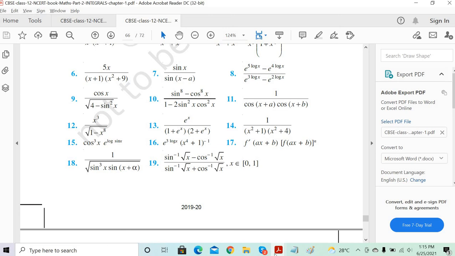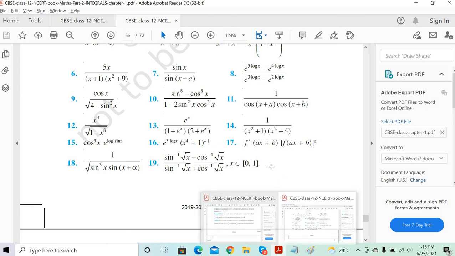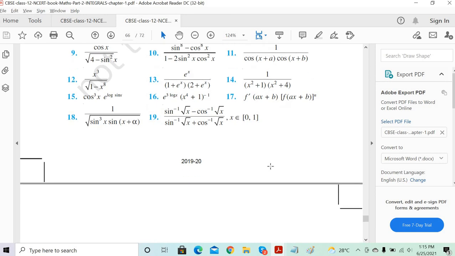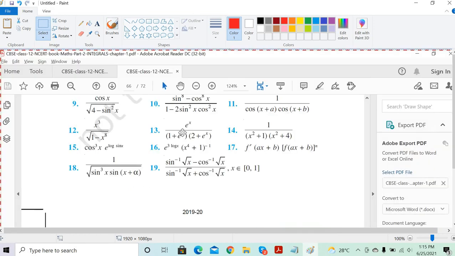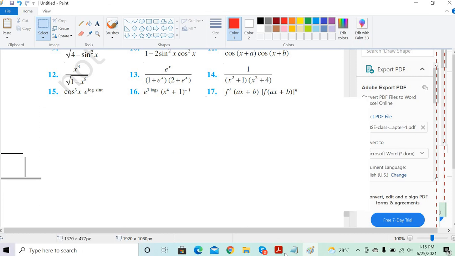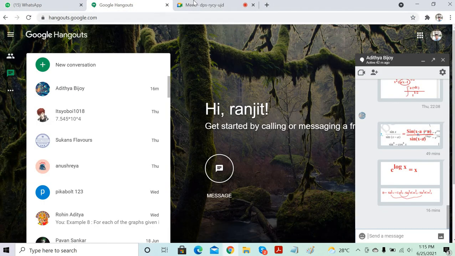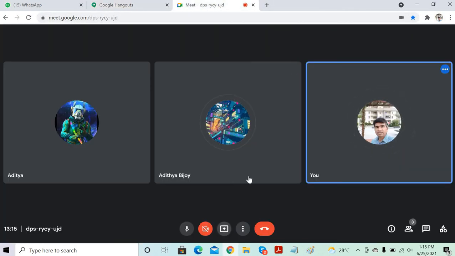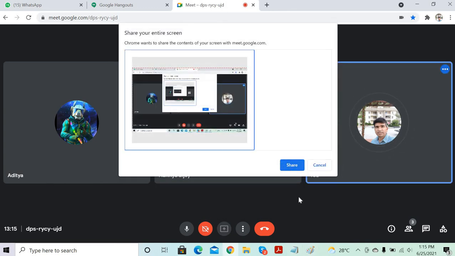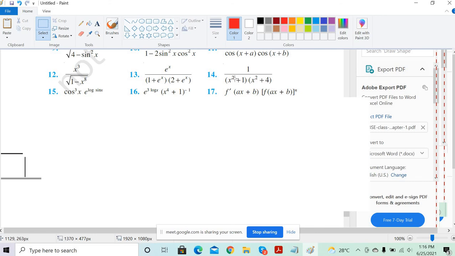Yeah, Vijay, you are getting the 17th one. Any questions, any doubts on 17th? I don't get the 17th one, sir. The 17th you are not getting. Okay, let's understand this part. This is also conceptual. In the 17th they have given the conceptual to you. Let me help you understand the 17th part. Let me share my screen to you and then we'll do from here. One moment, okay? Can you see my screen now?